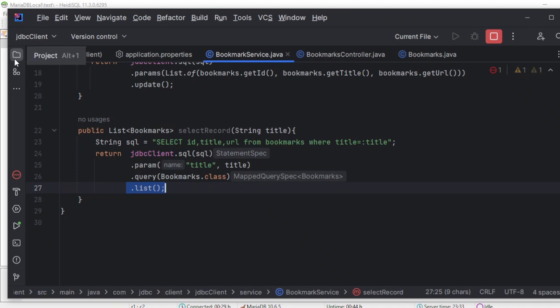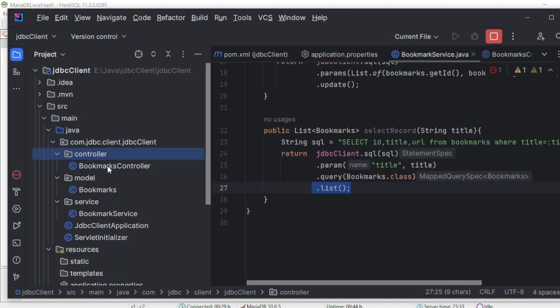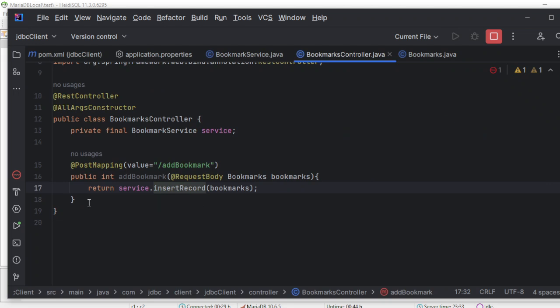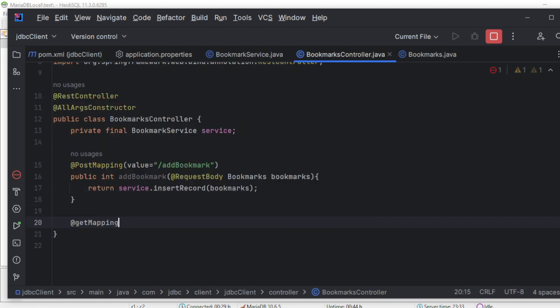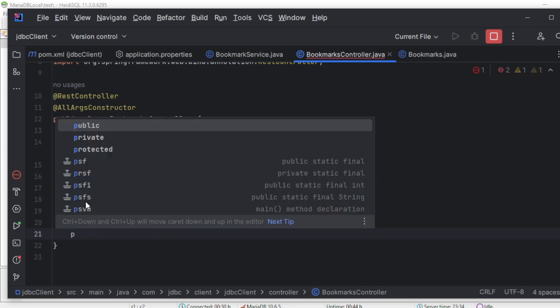Okay, this is nothing but my service layer. Now let me add a controller here. Okay, with the help of GetMapping here, value is equal to get bookmark. Okay, here public